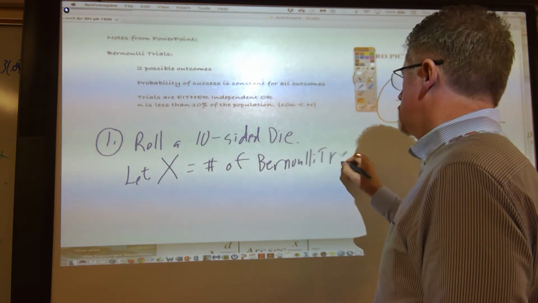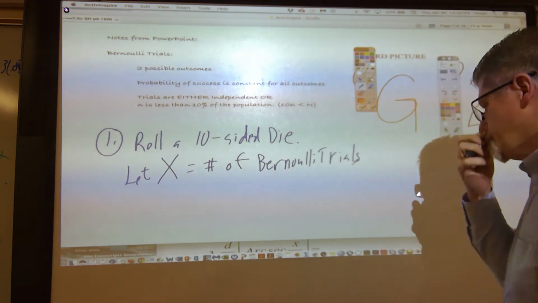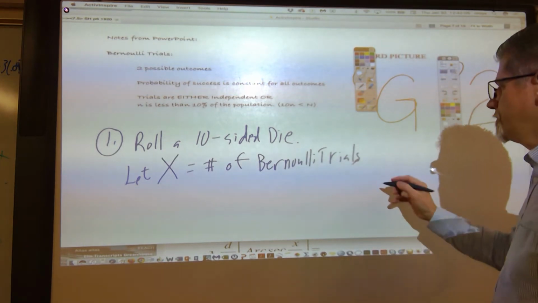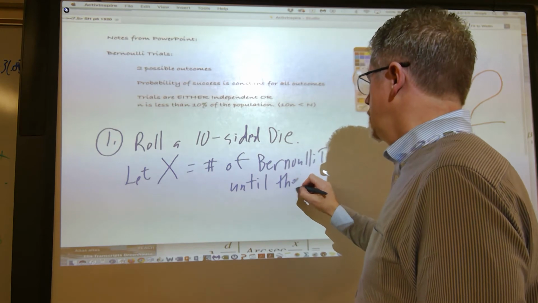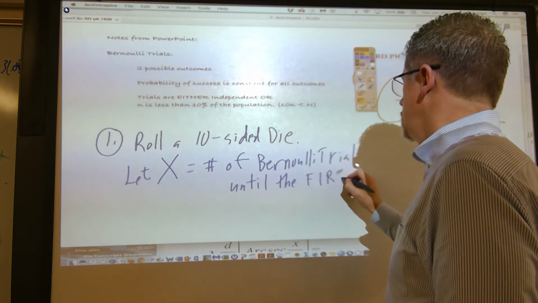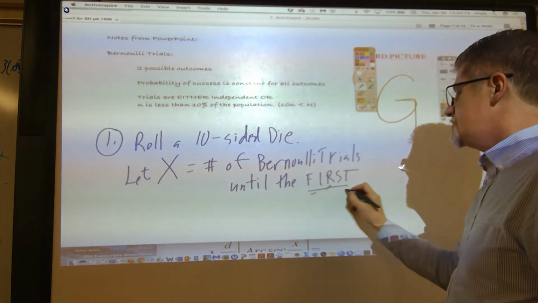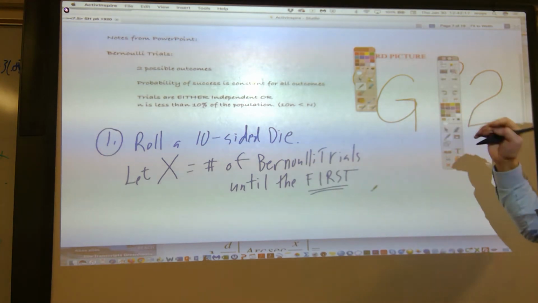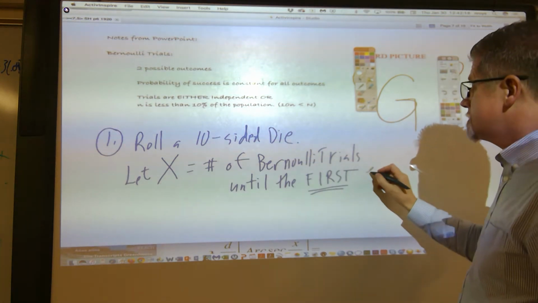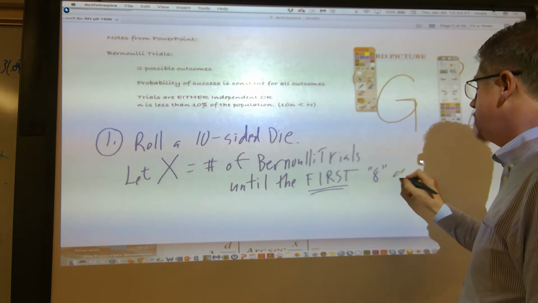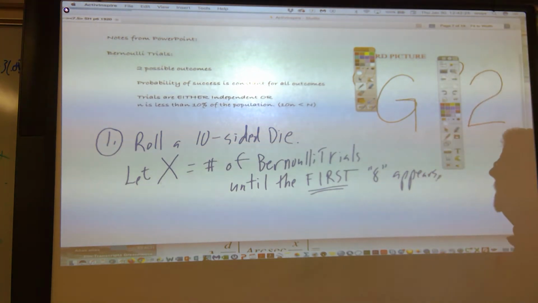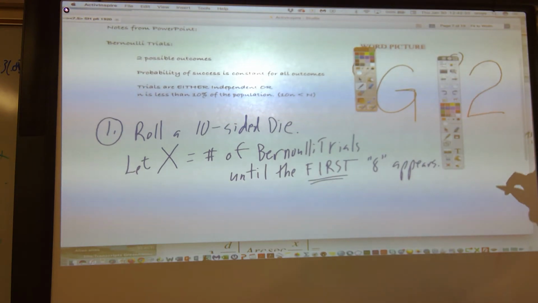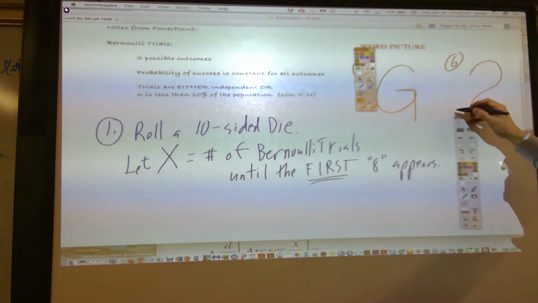Bernoulli trials until the first, that's a key word in Bernoulli trials. It's a key word in geometric probability. Until the first 8 appears. So we're just going to keep on rolling the die until the number 8 comes up. Now, what is a Bernoulli trial? A Bernoulli trial